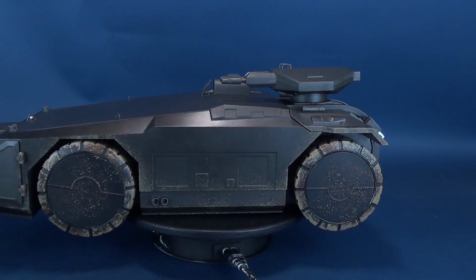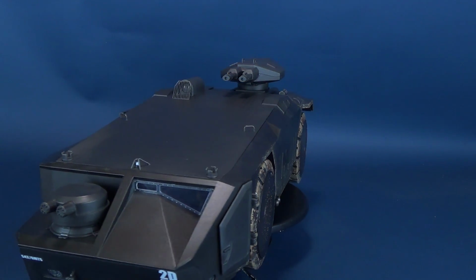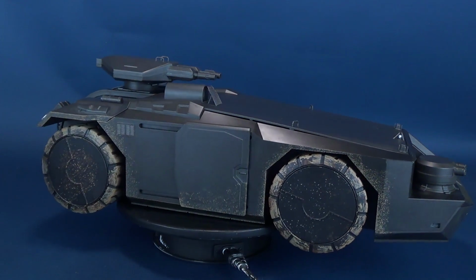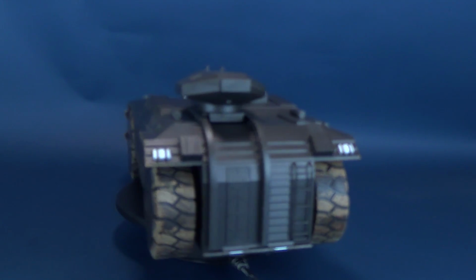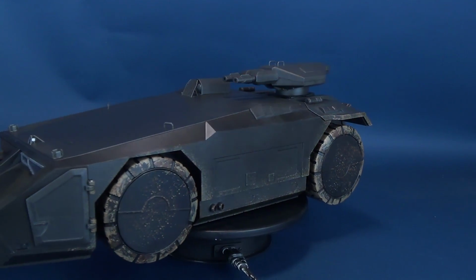I certainly would have loved to have met a friend that had an APC like this on a smaller scale, something that I could have potentially put G.I. Joes inside of. This again reminds me of those old vintage G.I. Joes, or even one better, it kind of reminds me of that vintage Millennium Falcon, where on the outside you had a fully realized vehicle, and then you could lift up the top canopy, and you basically had a playset